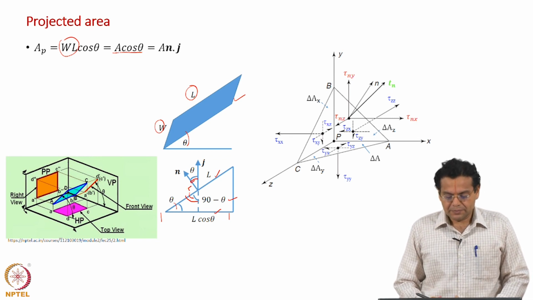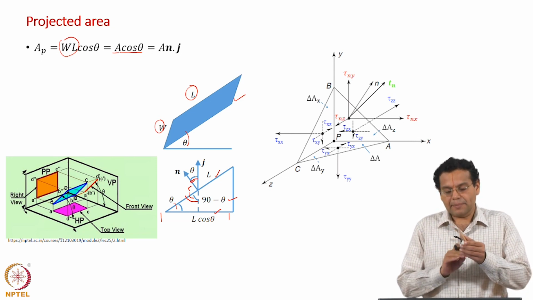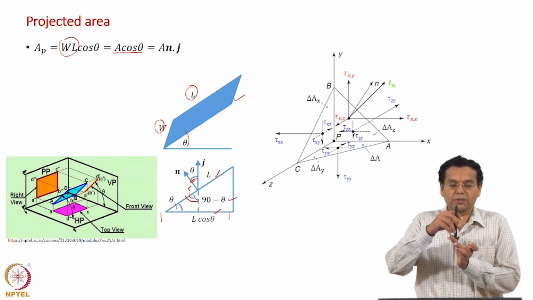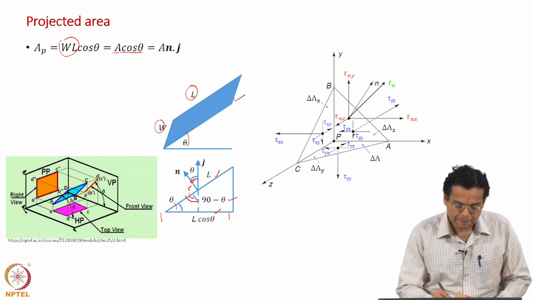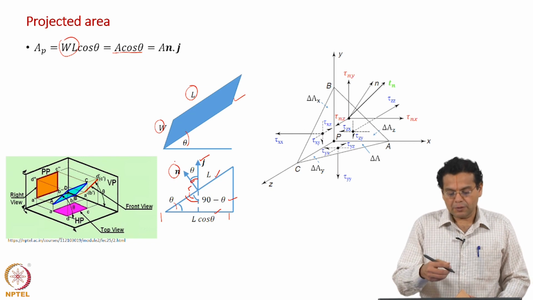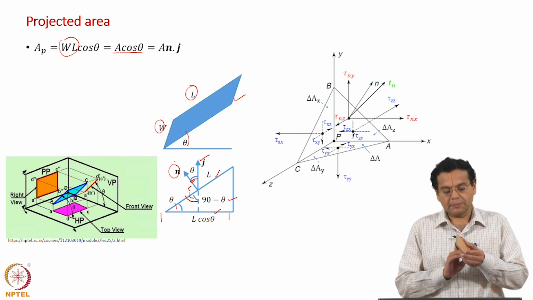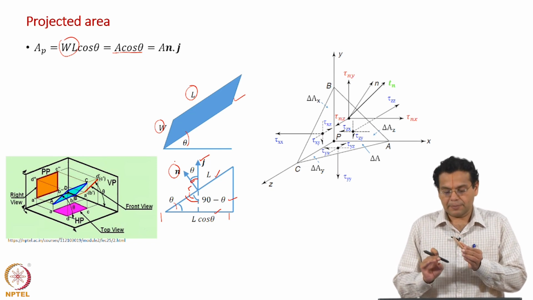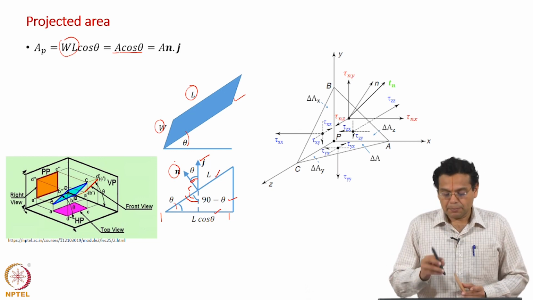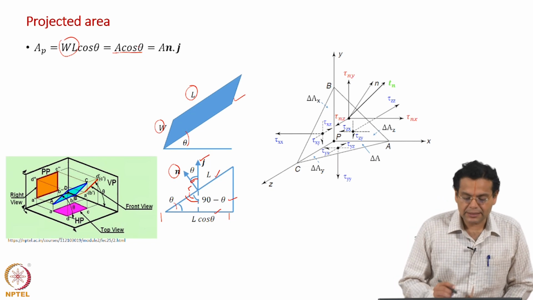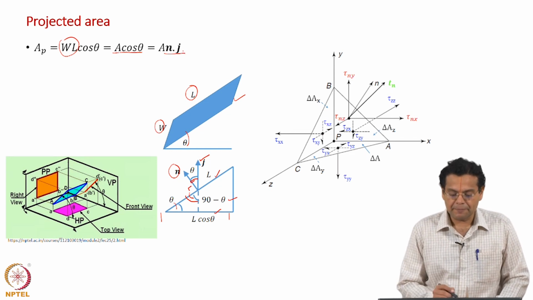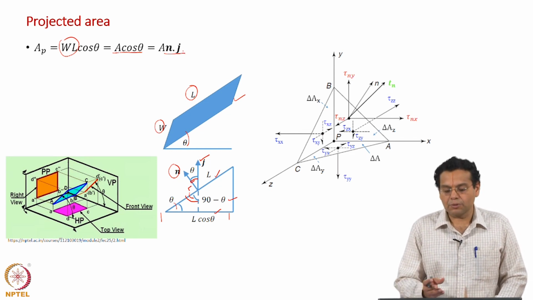Now the angle which the plane makes with the horizontal plane is equal to the angle between the normal to the plane and the normal to the plane on which you are projecting. J vector is the normal to the plane on which you are projecting, n vector is the normal to your plane. So both these angles are the same, which means that cos theta can be written as n dot j. That is what I have done here. N dot j can be represented as cos theta. Remember, both are unit vectors.